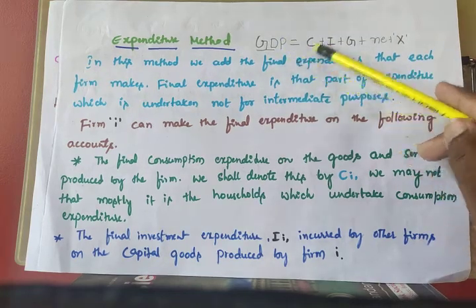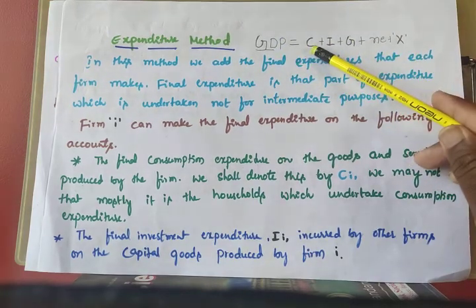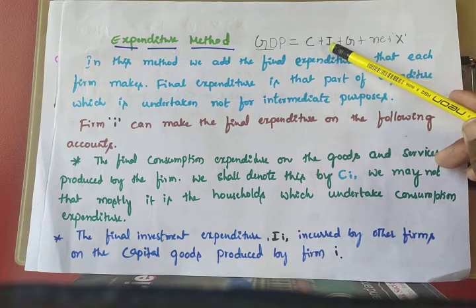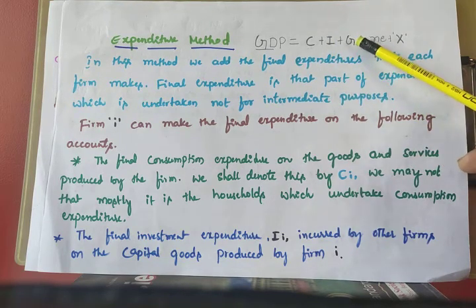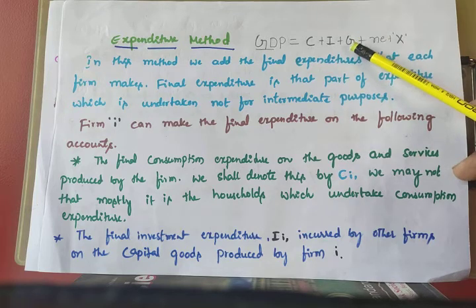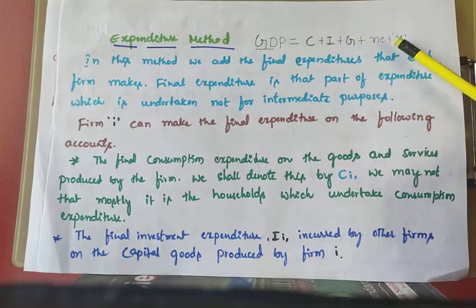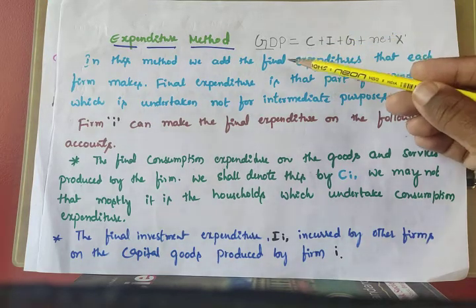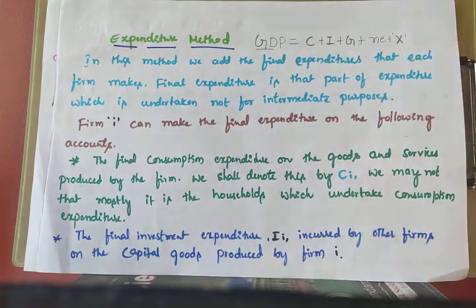To calculate it, we need the consumption expenditure done by the private sector, the investment expenditure done by the private sector, the government's expenditure on both investment and consumption, and the expenditure done by all firms on exports. So we should calculate all these things. We can get the GDP under the expenditure method, because under it we should calculate only final expenditure